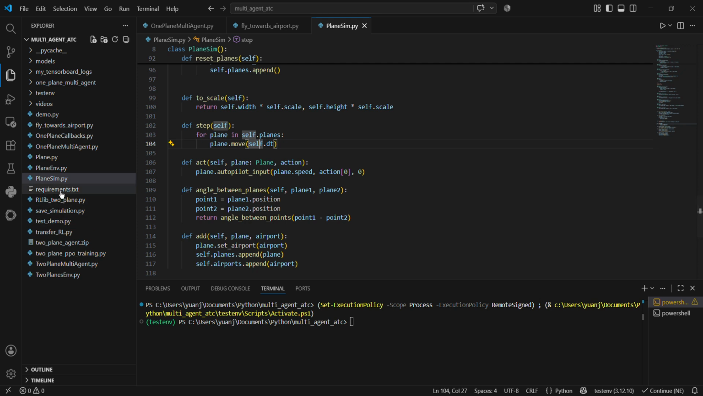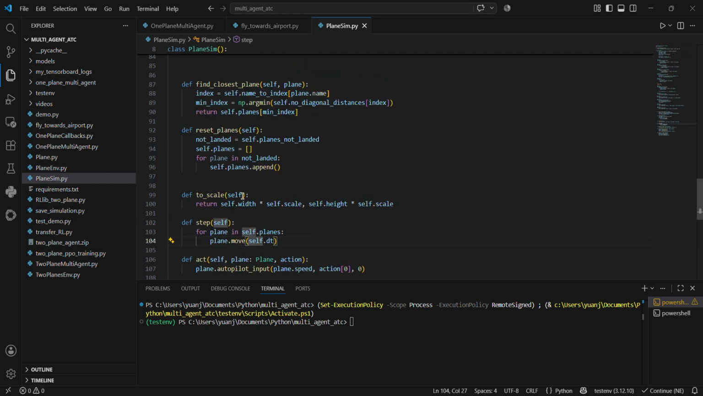So the AI doesn't directly move the aircraft. Instead, it acts like an air traffic controller. Because of our limitations, we only tell the aircraft to change its heading, and not its speed or altitude. So the first environment we made,